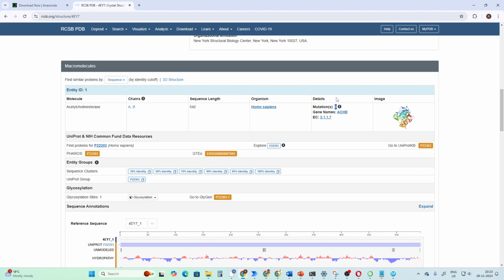Let's say you want to study drug resistance for a particular drug target, and that particular mutation should be there. Otherwise, if you are studying a wild type target, and mutations are present here, and that also in the active site pocket, then